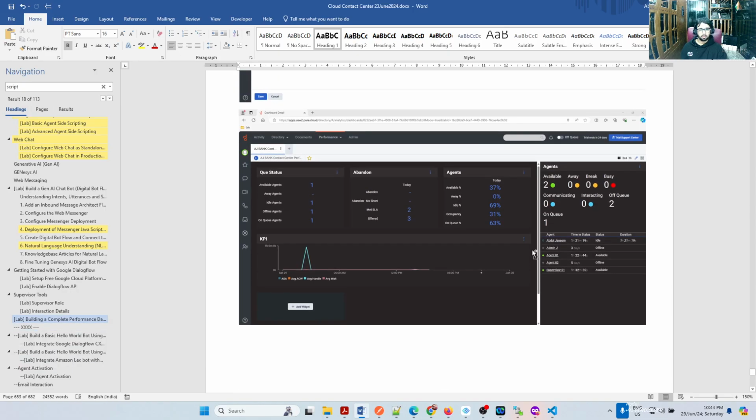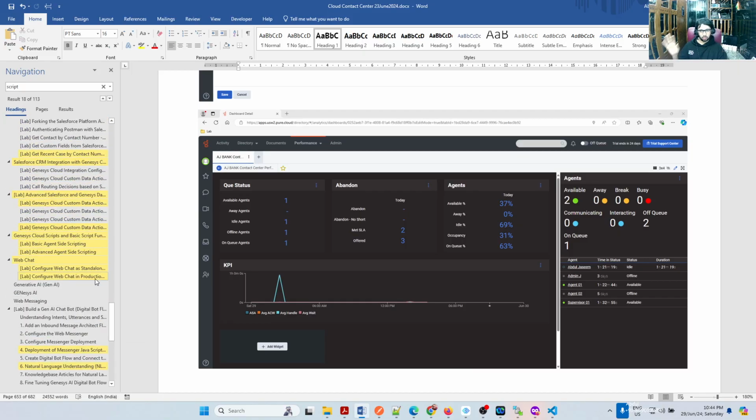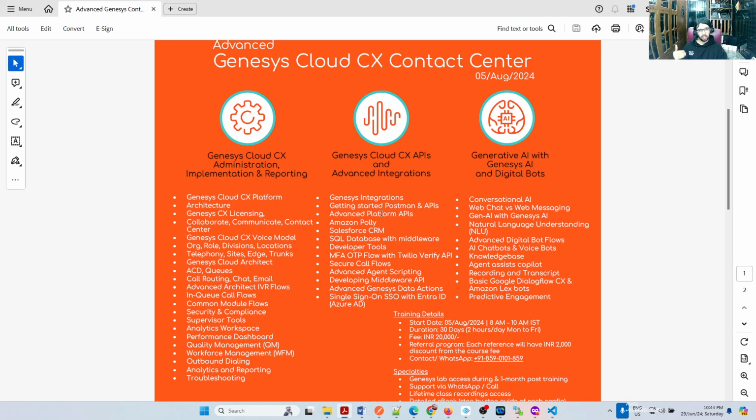Can we do the outbound call campaigning? Yeah, that is also there. Outbound campaign is also there. The document is not full. I'm still working on it. We have one more month, right? So I'm going to cover everything. You will get access to this document, and on a daily basis you will get access to the same recordings when we complete the classes. So it'll be a fun oriented training. Interested guys can talk to me or chat with me.